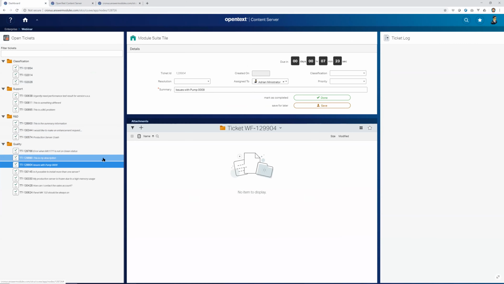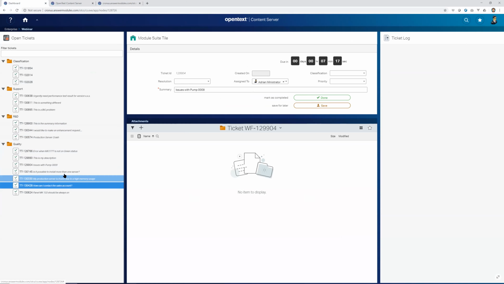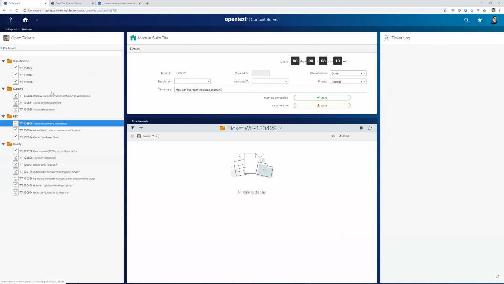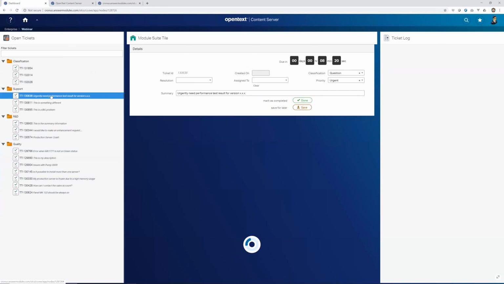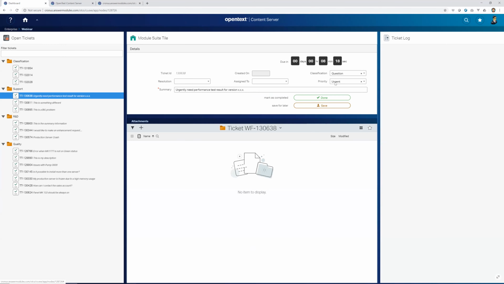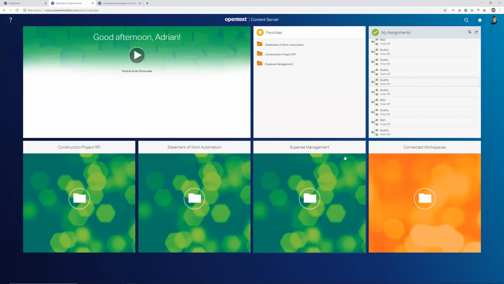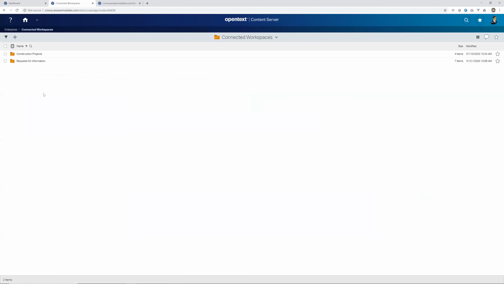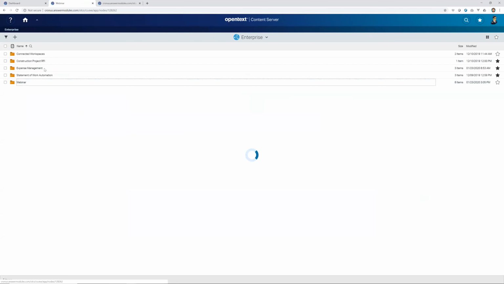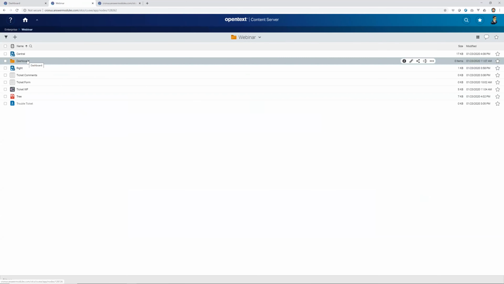So in order to provide our users the possibility to work very conveniently on different tasks at the same time, to move between different workflow steps very quickly, and to provide information and feedback very quickly. So let me be a bit more clear. If I go here into my webinar folder,